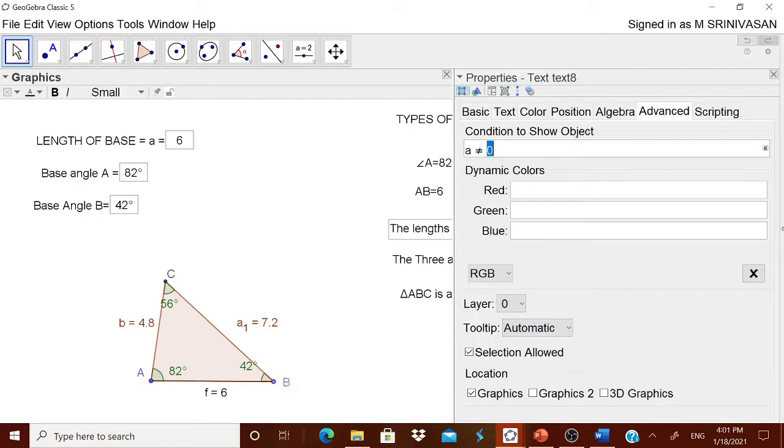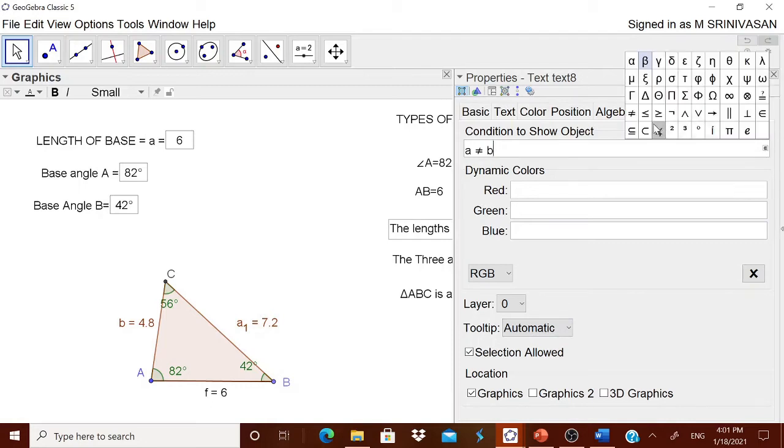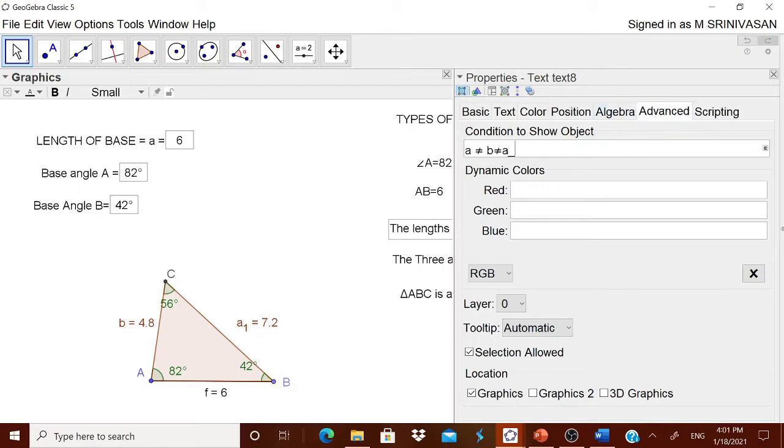A not equal to B. One is A, another is B, another is A1. Therefore, once again, not equal to A underscore 1. A1 will be A underscore 1. Press enter.